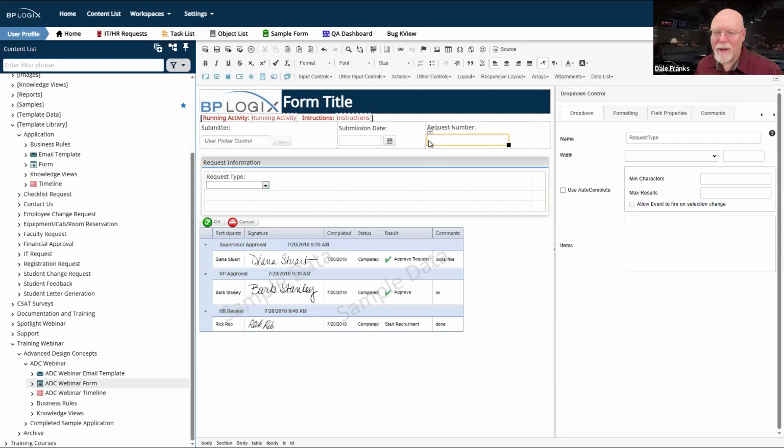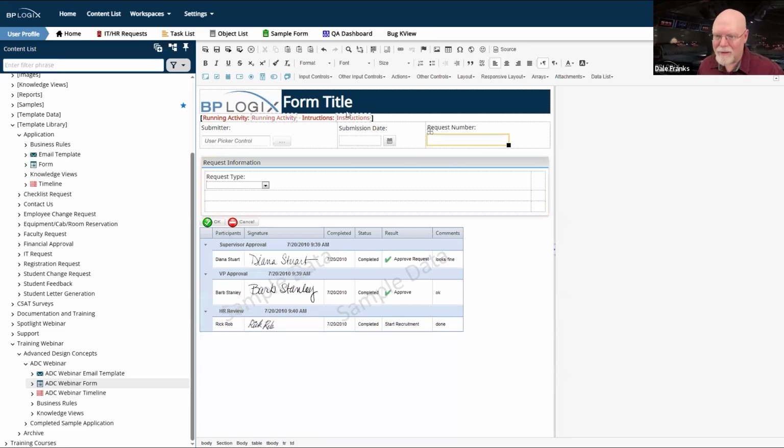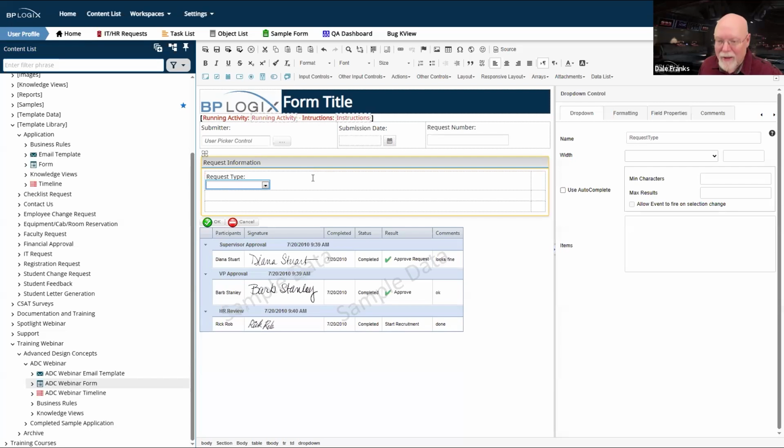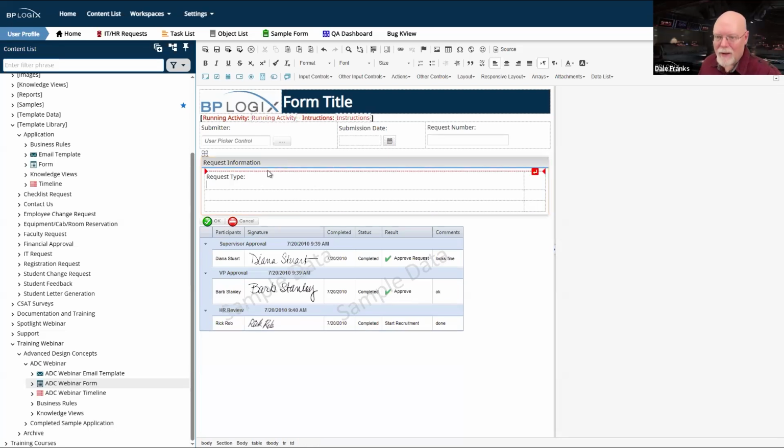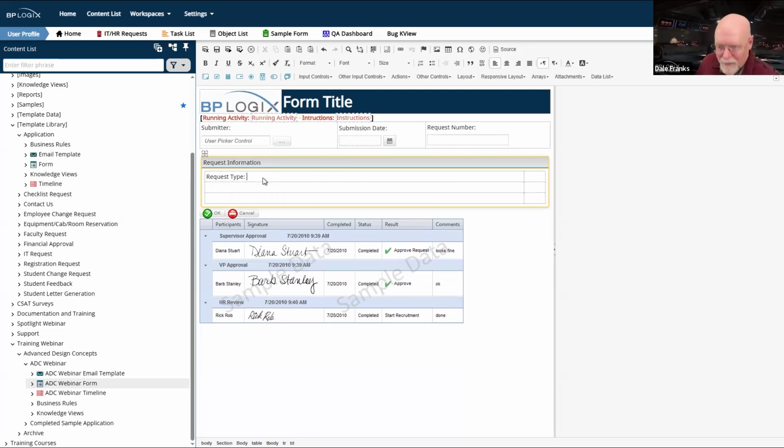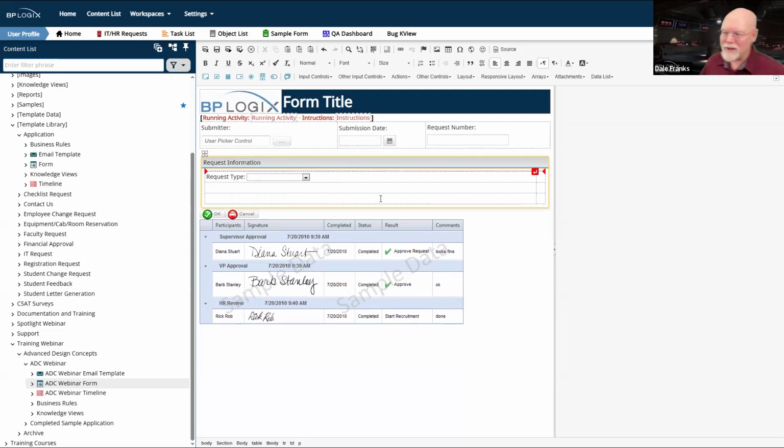Can you go back to a single line? It really wants to be difficult, and that's fine. Okay, come on, get rid of that. There we go. We'll just put it right there. We'll have it on a single line.